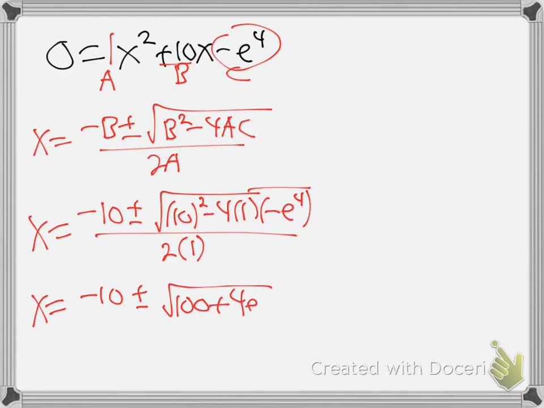What's that? Plus 4 e to the 4th over 2. We get to there so far. See why I got plus? Negative times positive times negative, 2 negatives, positive. Good so far? Now, it would be nice if we could just square root that